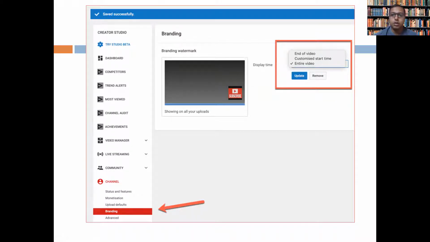So in this way you can add a watermark for all the videos. This will be a one-time setting. If you add this setting once, for future uploads, whatever you upload in the future, it will take the watermark automatically. Now let me go to the next point.